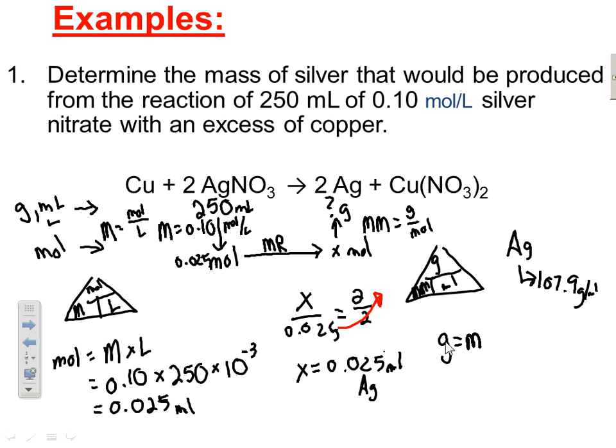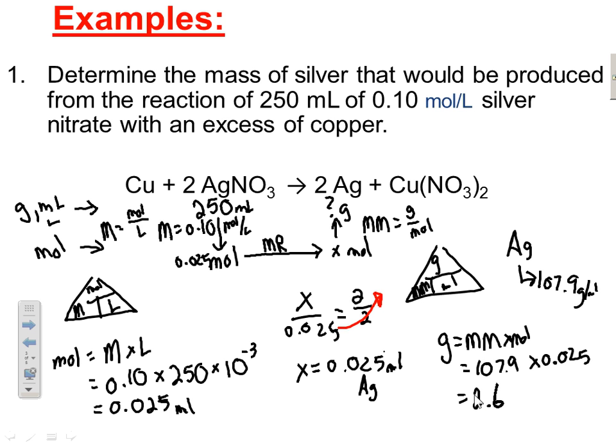Grams equals molar mass times moles, and that's equal to 107.9 times 0.025, times 107.9 equals